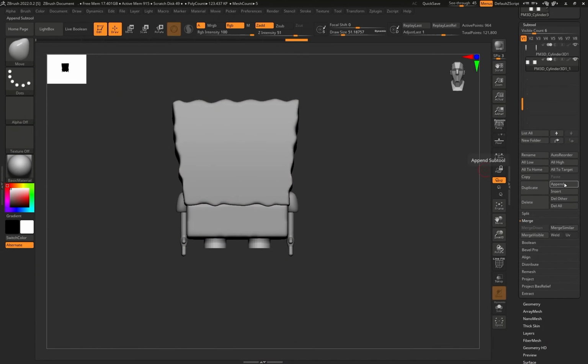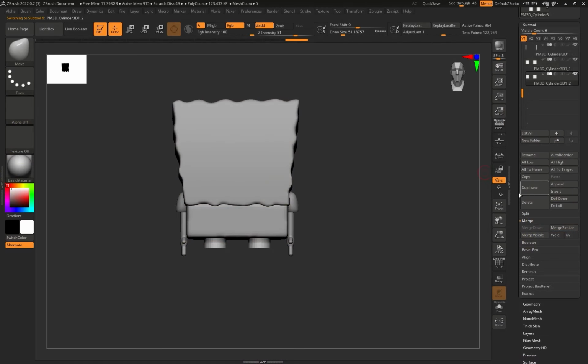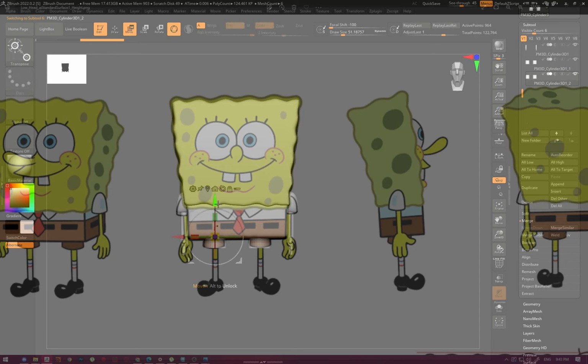And now we can add a new cylinder, or we can just use these that we used for the pants. So we can duplicate them, bring them a bit down. We can activate symmetry so we can control them both. I'm going to scale them down, move them left and right, and just scale them in height so we have